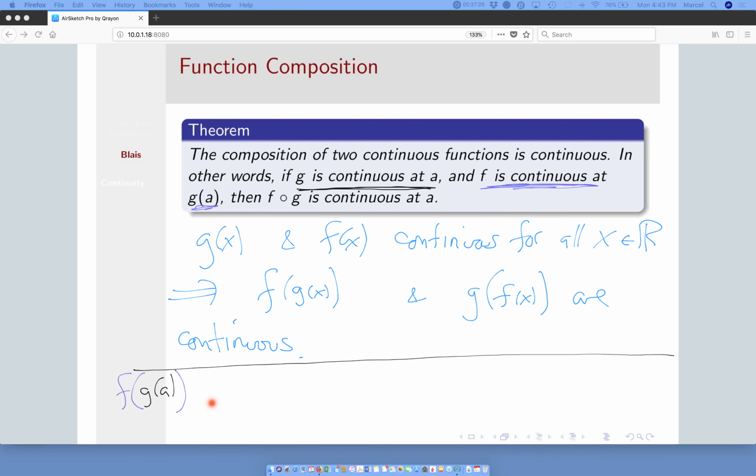And then this is the idea, this composition. This is another way of writing this f composed with g at a. So g of a is continuous, so there's no trouble here. And then you feed that to f, which is continuous at g of a, so this composition is fine. This composition is continuous. Basically, the idea is when you have two continuous functions where everything is hunky-dory at a